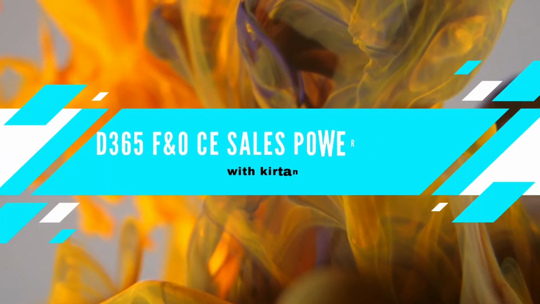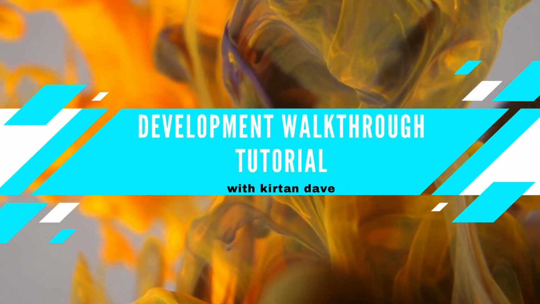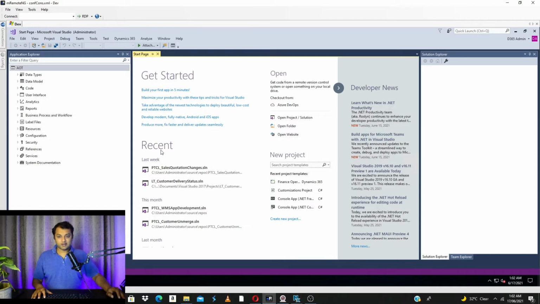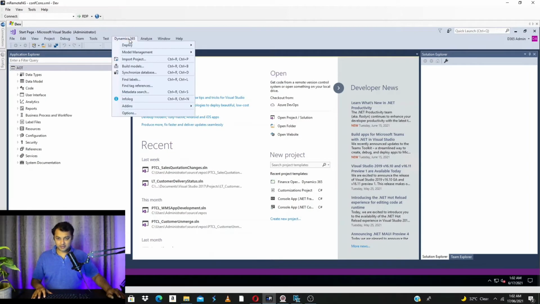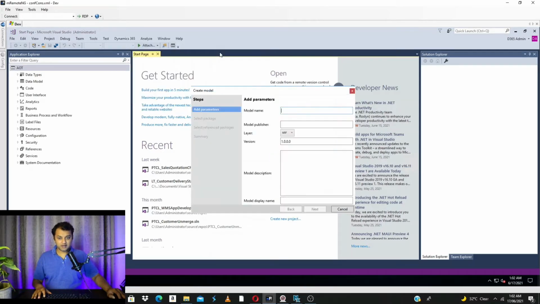So today we are going to look into Dynamics 365 Finance and Operations and how to extend tables. To start with our table extension, first we need to create a development model which we are going to